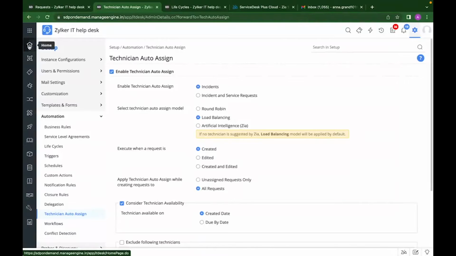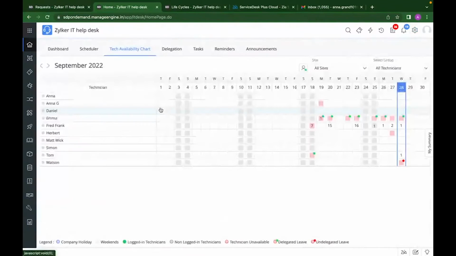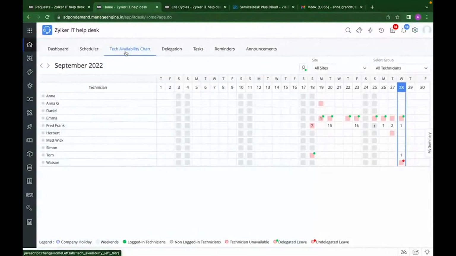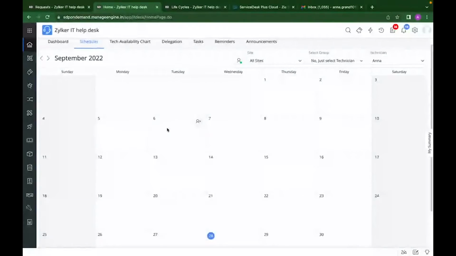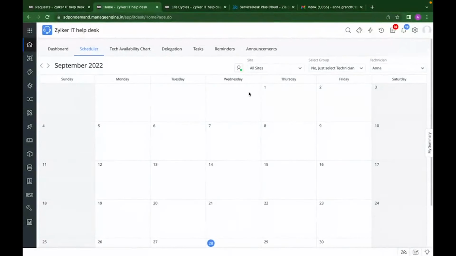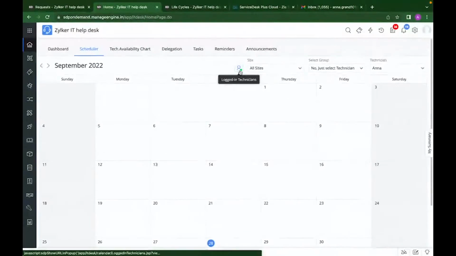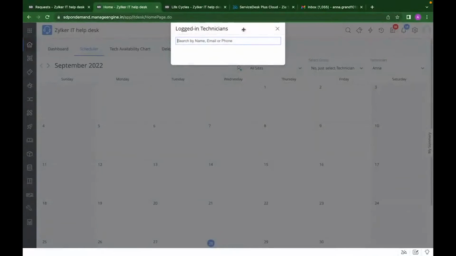So let's go to the Home tab and find out how Zilker was able to solve this issue. So here you have the scheduler, the tech availability chart, and the delegations. By going to the scheduler, you can keep track of the workload of your technicians. You can assign tasks, set reminders, and so on. And by clicking on the icon that is shown here, you can keep a tab on all your logged in